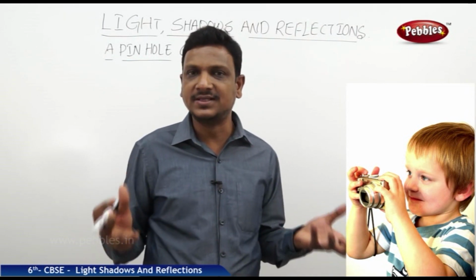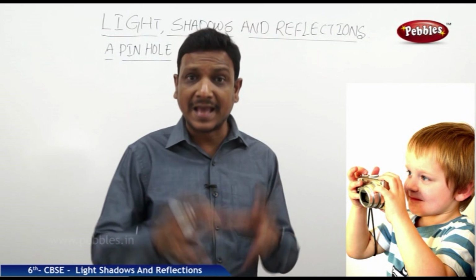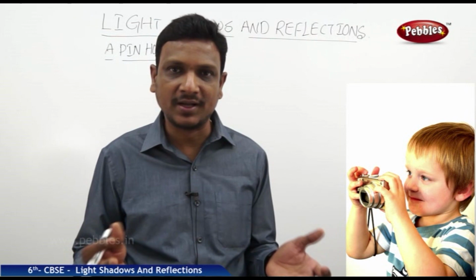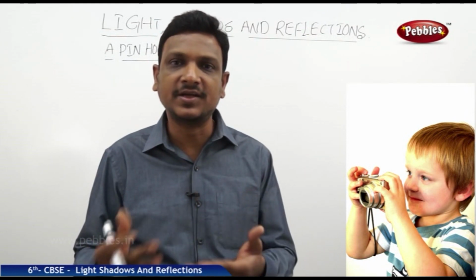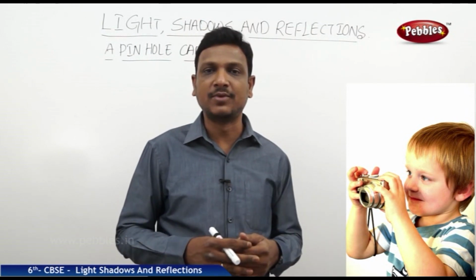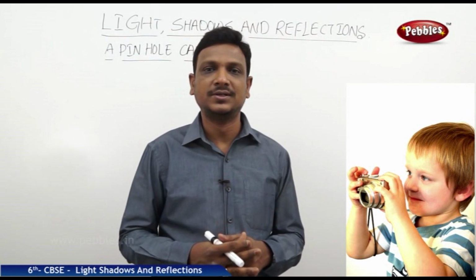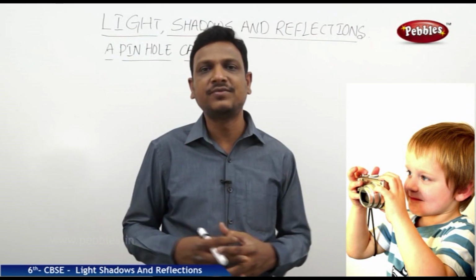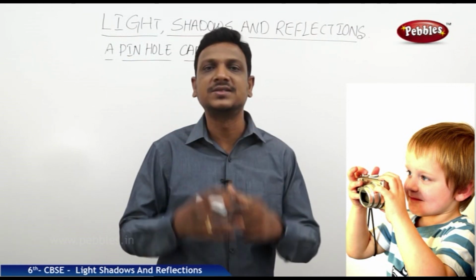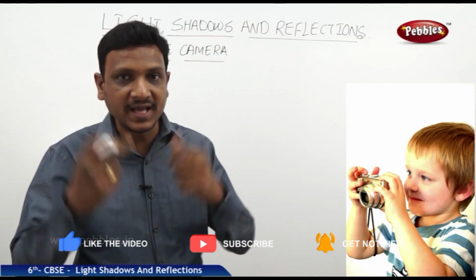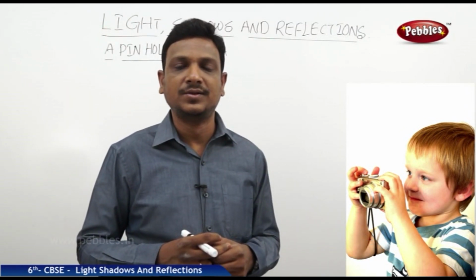Right. So light and shadows are connected with cameras taking pictures. A camera is a device that is used to take the picture, capture the picture onto a paper. Initially in a camera the picture is taken digitally, later it is developed to a printout. In your cell phone you can take a pic and you can see that pic any number of times. So that is captured, right? Even our eyes are a kind of camera. Yes, we have a pair of cameras fixed to our head. We can look at something and take a pic of that. We can get each and every detail of the picture in our mind. So we have two cameras,